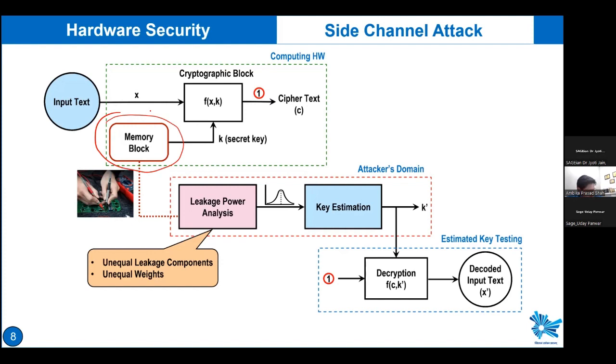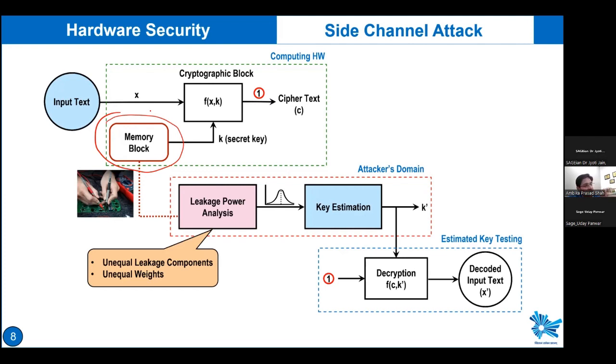Okay. So because memory can store the data either in terms of logic 0 or logic 1, the bit streams are 0 and 1 only. So if I have a memory, and if that memory is storing logic 0, it might dissipate different power than while storing logic 1. If there is a mismatch in power dissipation for storing logic 0 and for storing logic 1, the attacker can predict, okay,